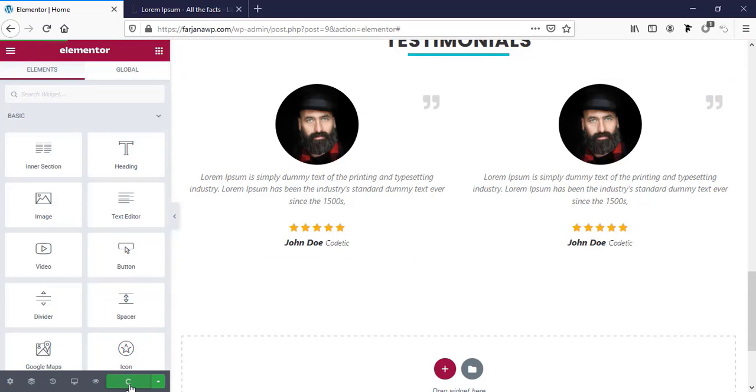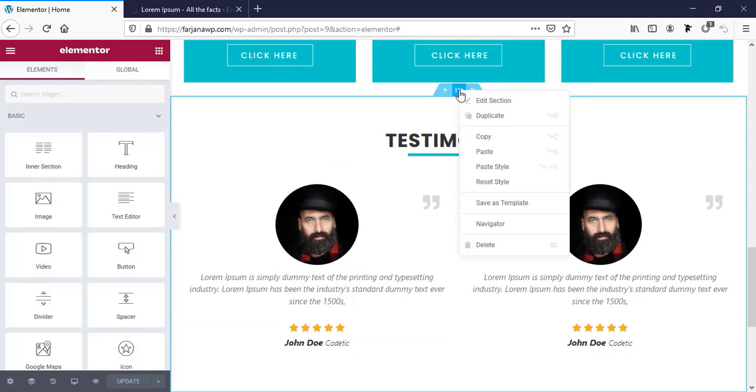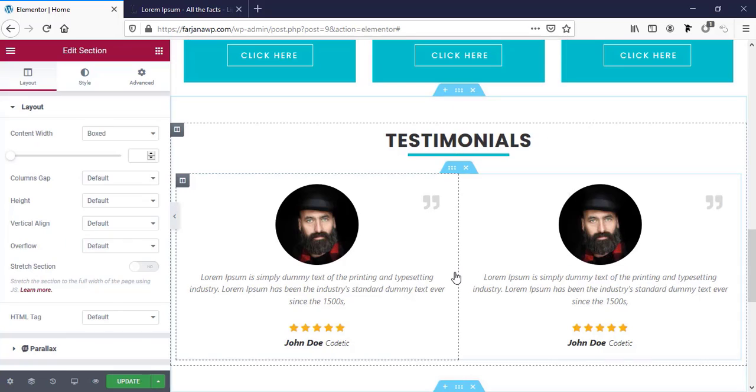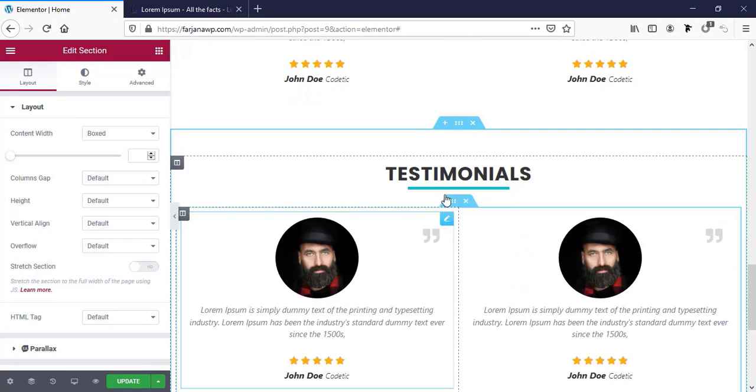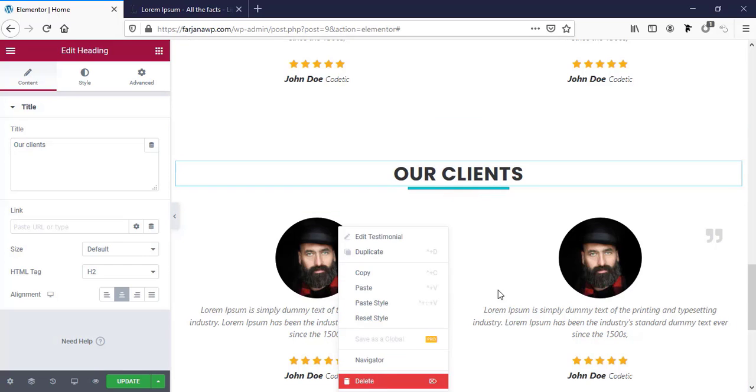Now just saving it, and below this we can add some of our clients' logos. For this again we can just duplicate the whole section and change the text, so we need not do the similar work again and again. So I am just changing the text to our clients and just deleting it,